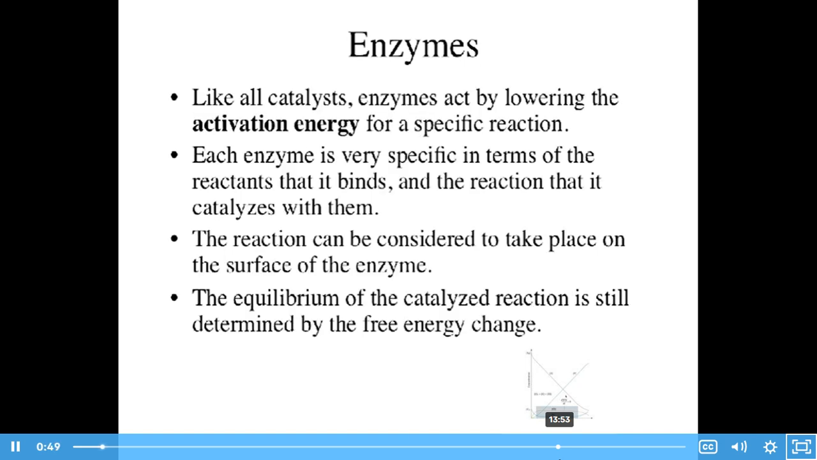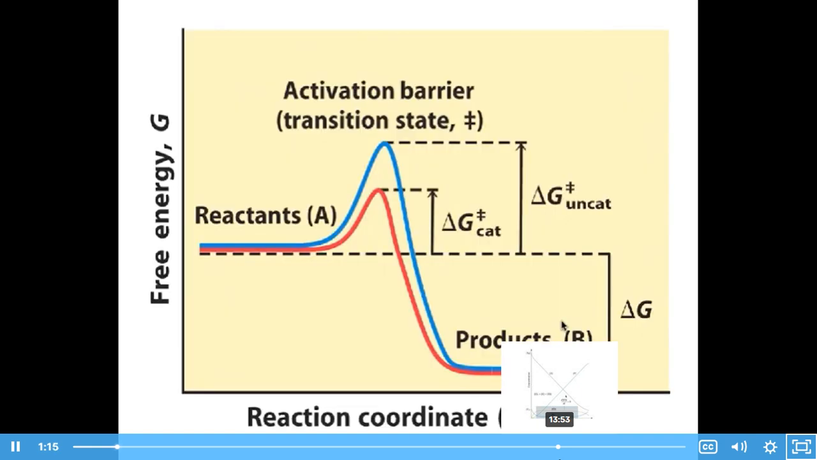Now, all catalysts speed up a reaction by lowering the activation energy. And in the case of enzymes, these are catalysts that are very specific in terms of which reactants they bind and which reaction they catalyze. We think of the reaction taking place on the surface of the enzyme, usually in a special place that we call the active site. But of course the equilibrium is not going to be affected by that, because the equilibrium